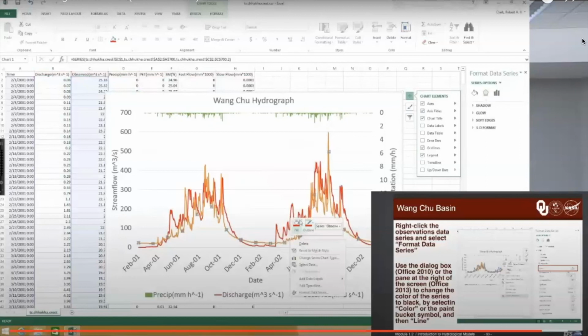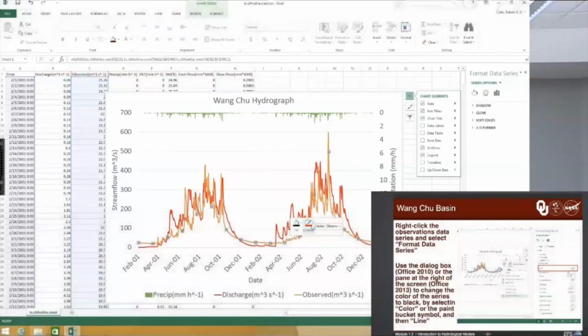Then I'm going to right click on my observations, and I'm going to change those to black. And that's actually pretty standard throughout hydrology that we like observed